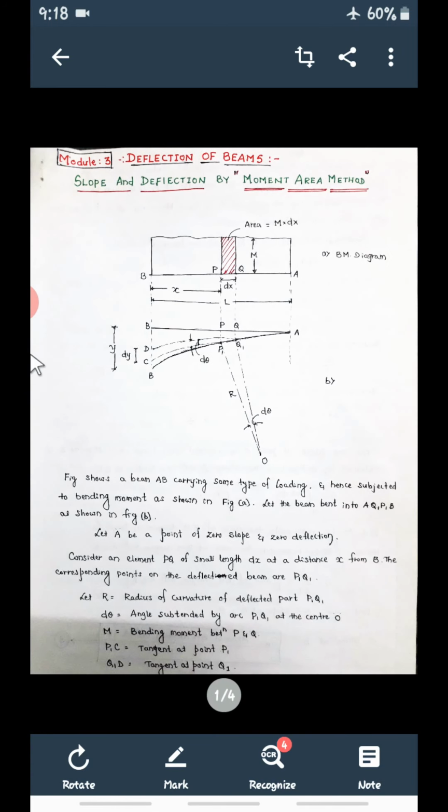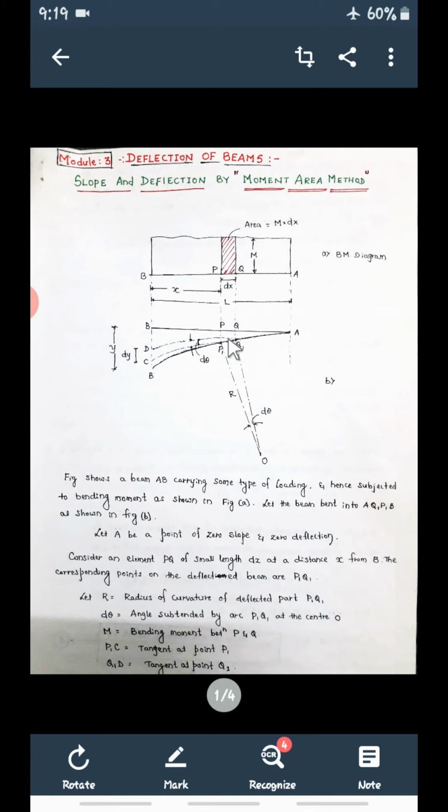now see the first sketch you have drawn here. The original position of the beam is AB. Now because of the load it is going to bend like this. If you compare the original position of B and after bending, what is the height here, or how much does it deflect? It is Y. Total deflection is Y,